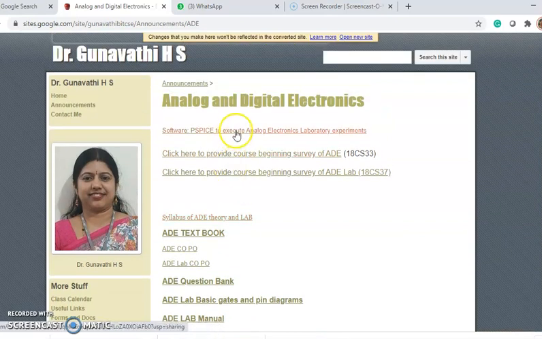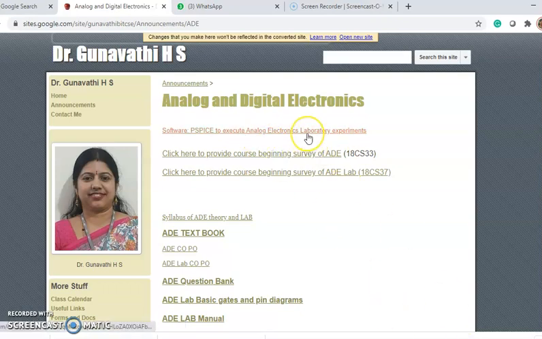There is free software available to execute the analog electronics part. For the digital electronics part, it's paid software that you can't install. Once you're back in the college, you can use that software. Right now, you can use this PSpice and execute simple circuits, and we can work with that. The hardware part, we'll do a video record and share with you. You can learn the concepts. Once you're back in the college, you can spend time learning those experiments.